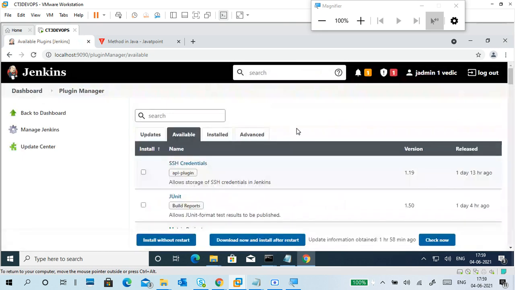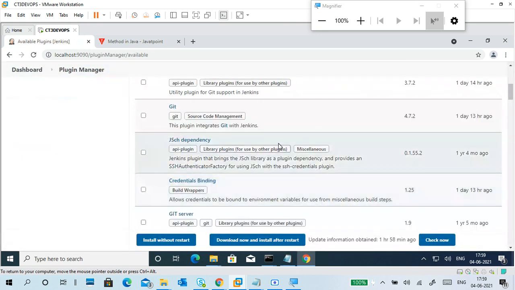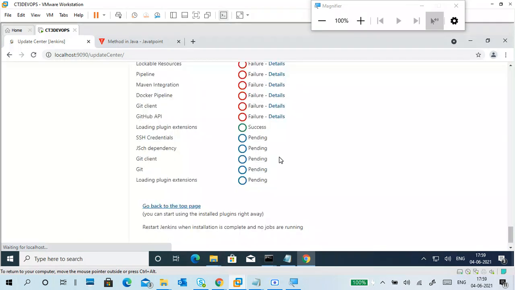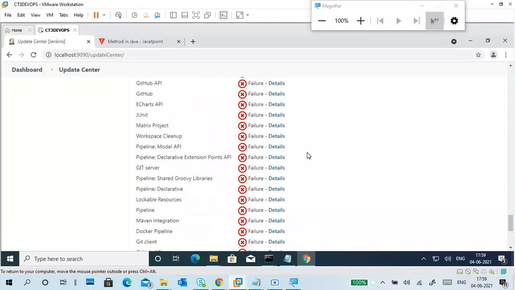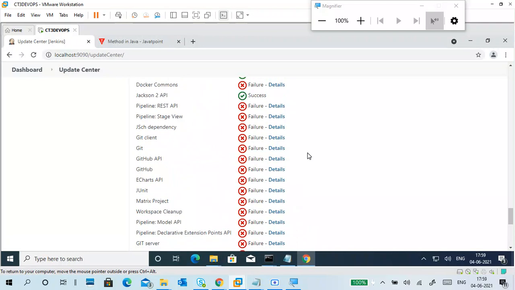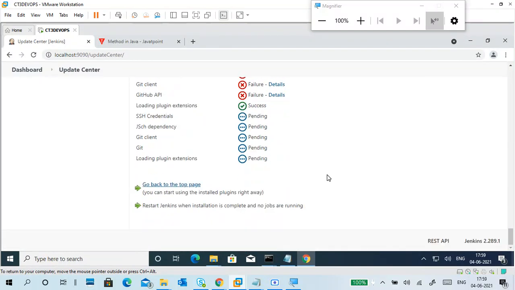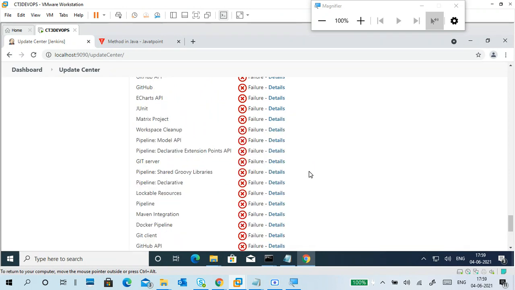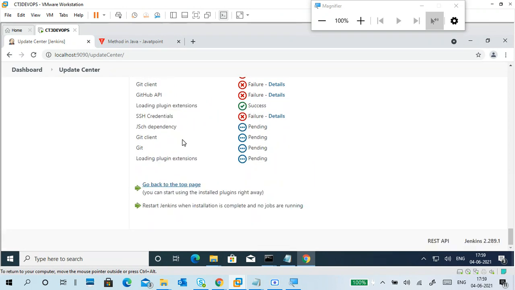So I have to restart this PC once, and obviously it will install. So one by one. Otherwise, install one by one. Like this. Select it. Just install. These are all failures on it. This one is installed. Okay. So no problem.